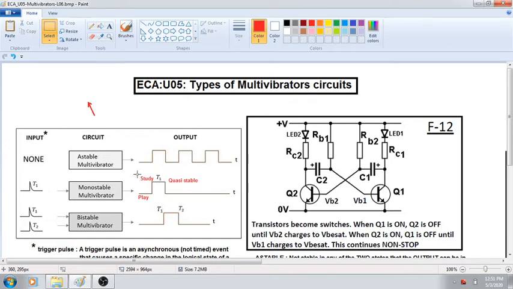Okay. Now coming to the bistable multivibrator, you can see here there are two good students. That means they don't know what to do. They'll be stable in both conditions. They study well, they play well also. But unfortunately they can't control. So when they are studying, they'll continue to study from morning till evening. Mummy is watching, mummy is telling, hey, how long will you study, go and play.